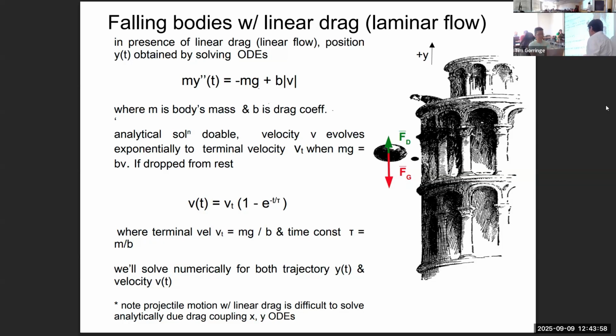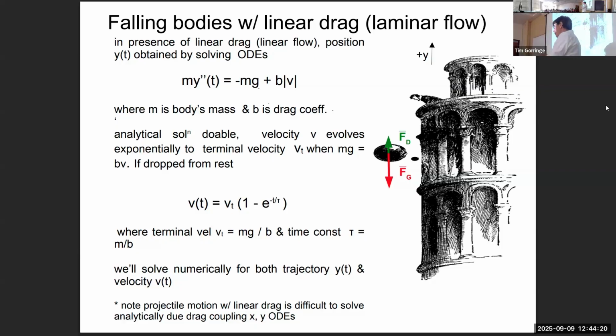The situation is more complicated if you don't have this. I asked you to imagine one-dimensional motion of the dust particle towards the ground. But if it was two-dimensional motion of the dust particle towards the ground, if we threw it, like a projectile heading towards the ground, that's actually a much more complicated